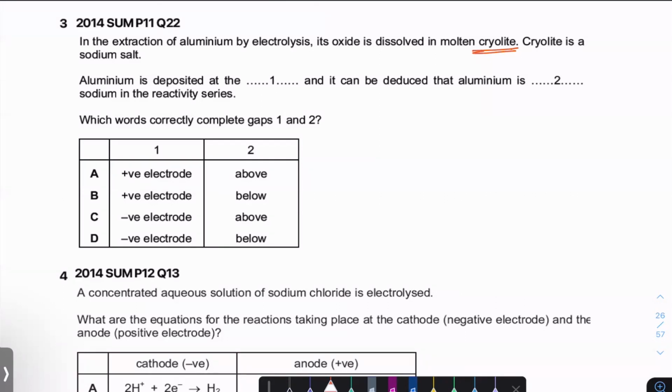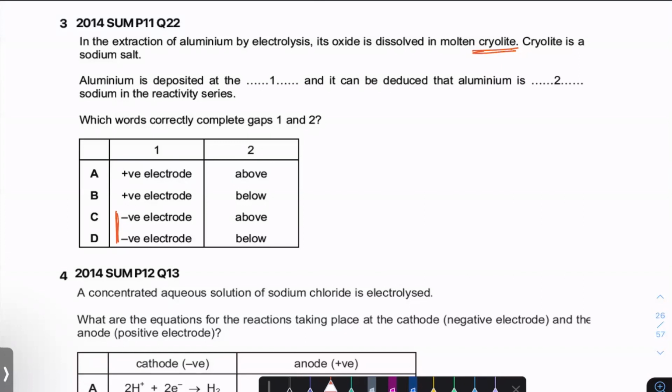Aluminum is deposited at that. So aluminum forms positive ions, so they will go to the negative electrode. So आपका आंसर इन दोनों में से कोई होगा. It can be deduced that aluminum is dash in reactivity series compared to sodium. So sodium discharge नहीं हो रहा, aluminum हो रहा है. इसका मतलब है कि aluminum is less reactive because the second rule of electrolysis that we talked about was कि